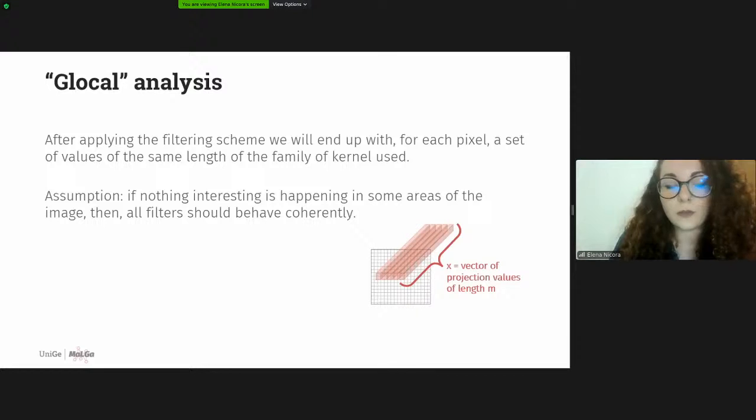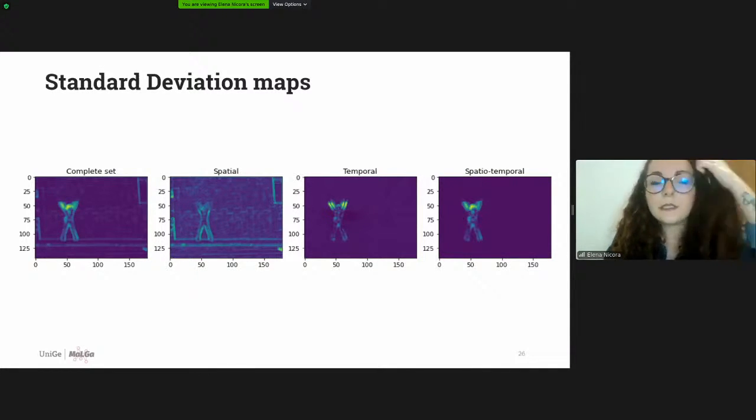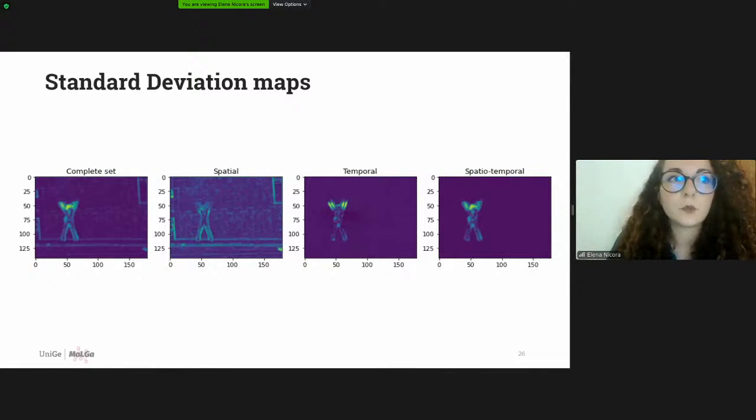One of the natural ways to understand this global behavior is to compute the standard deviation of this vector of values. Since we had the division between spatial, temporal and spatio-temporal filters, we decided to compute the standard deviation of these values considering